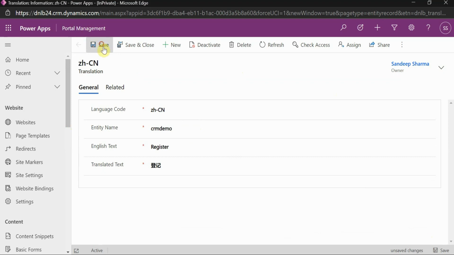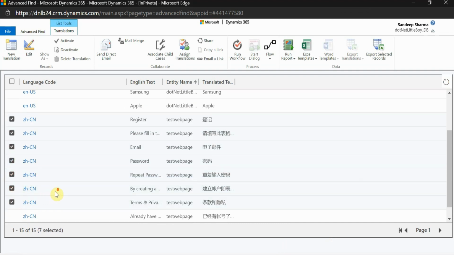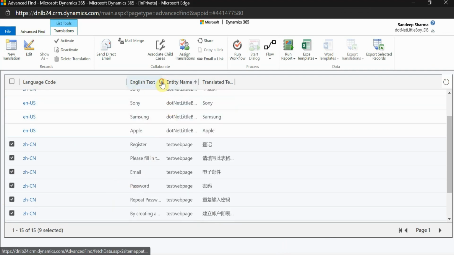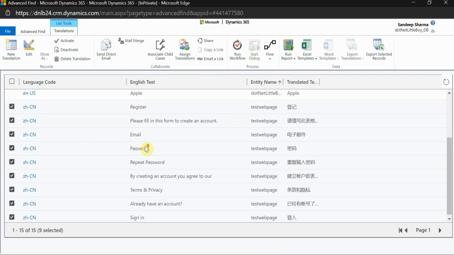Like that we have to configure all the records. You can see this is one of the record configurations for this web page against the Chinese language, and this is the text, and this is the translation text, and that we have to do for all the remaining records. So I will select them in bulk. Since I have already configured them, you can see for this text, for the selected records here,